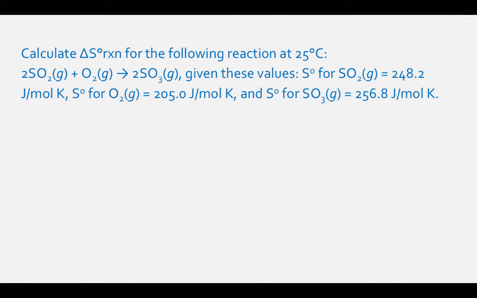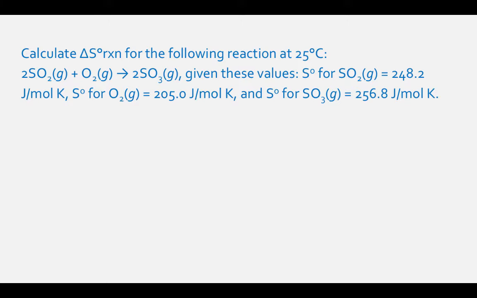Calculate delta S naught reaction for the following reaction at 25 degrees Celsius. 2 SO2 gas plus O2 gas results in 2 SO3 gas. Given these values, S naught for SO2 gas equals 248.2 joules per mole Kelvin, S naught for O2 gas equals 205.0 joules per mole Kelvin, and S naught for SO3 gas equals 256.8 joules